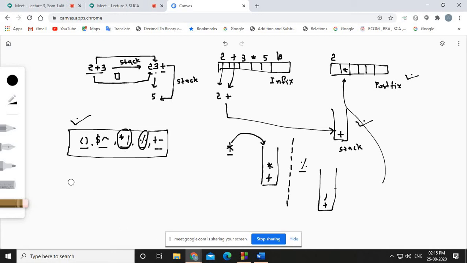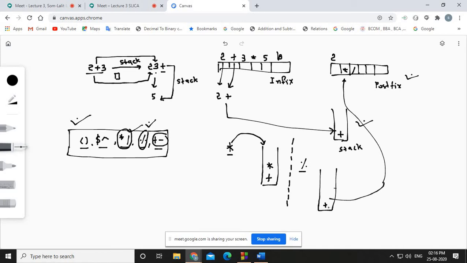Now again this modulo sign wants to be inserted into the stack, but the stack already has one more operator on the top. You just have to compare the priorities of modulo and division. Here again division has a higher priority, so division has to go to the postfix. Are you getting it? And it will be popped. Okay, now this modulo sign is there and the plus sign is there. Modulo has a higher priority, and the last priority is of plus and minus.